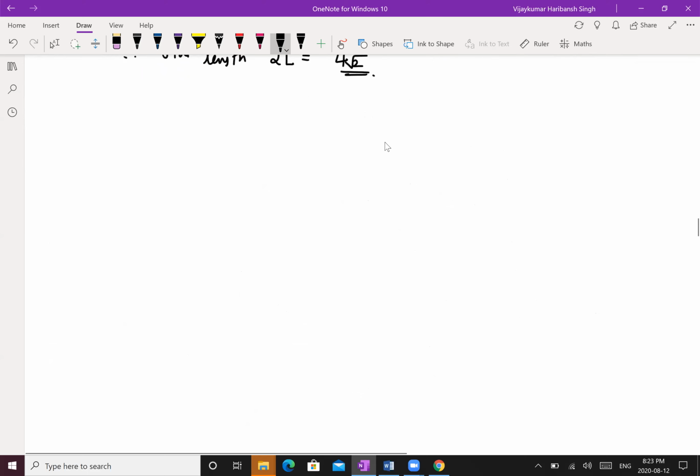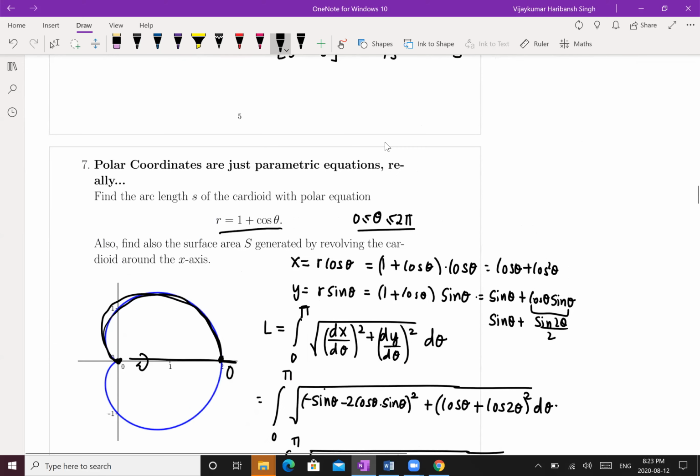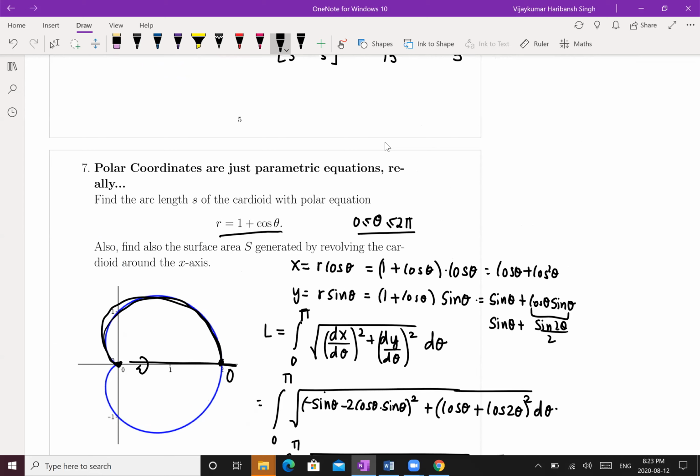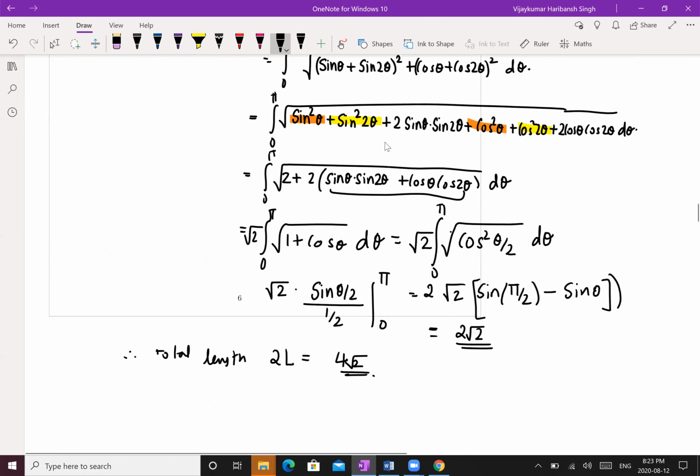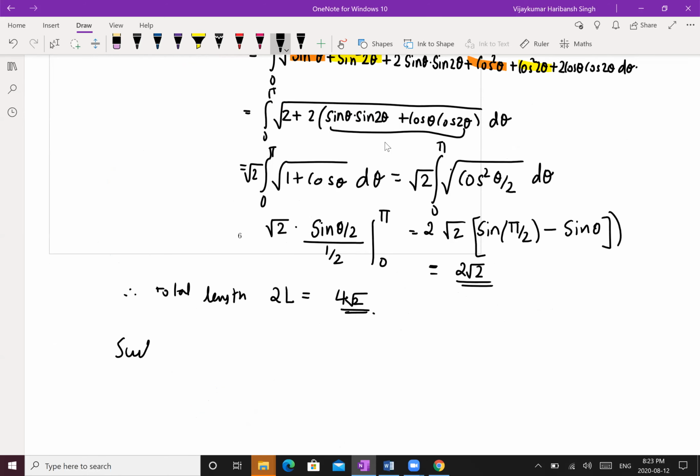All right. So similarly, let's write down the expression for the surface area. Again, if you want to rotate this around, we don't want to rotate the whole thing. We can just rotate from 0 to 2 pi. So the surface area is given by 0 to pi,